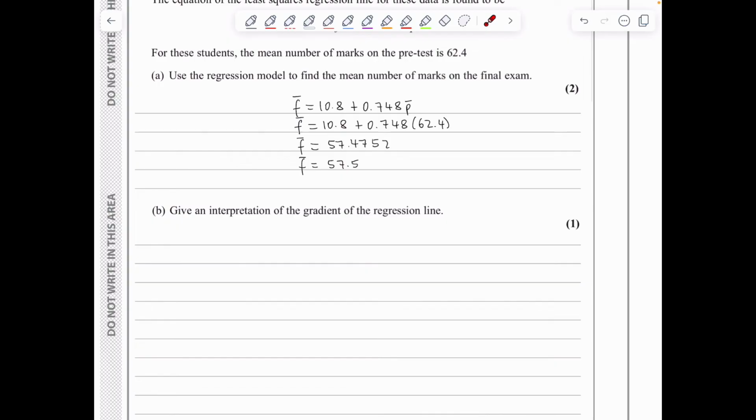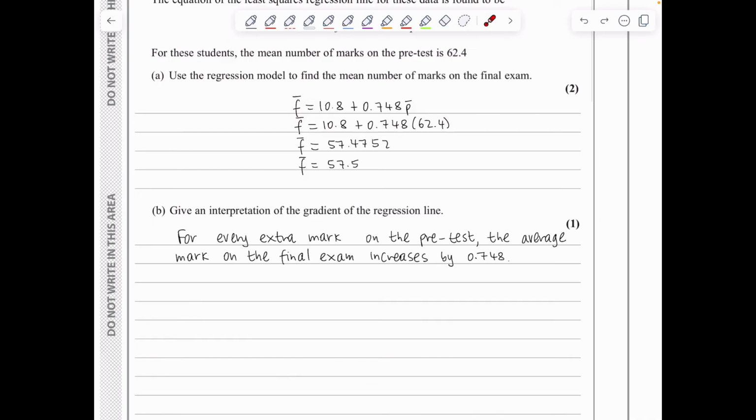In part B, we need to give an interpretation of the gradient of the regression line, the 0.748, and we know that the gradient of a straight line represents the increase in y for every unit increase in x. We need to give our interpretation in context, so this means that for every extra mark on the pre-test, the average mark on the final exam increases by